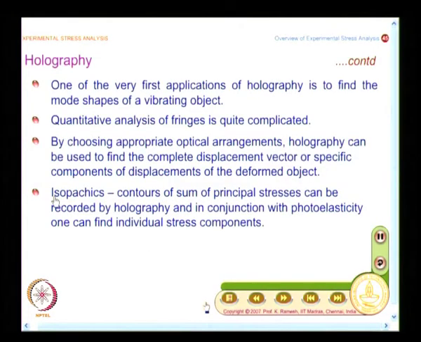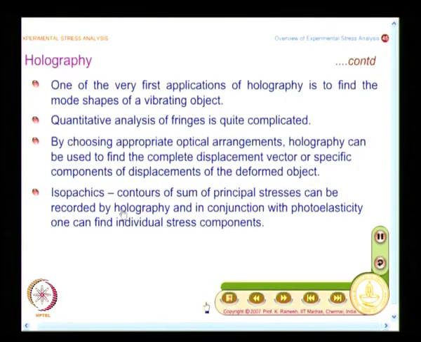Holography essentially gives you the depth information. Suppose I have this as a specimen, when I deform it, when I pull it, you will have thickness variation. The thickness variation could be related to sigma 1 plus sigma 2. So, when I record that as a whole field information, I call those contours as isopatchics. So, this is where holography comes. Holography essentially measures the thickness information. Here I find out the change in the depth because of in plane stress. I call those whole field contours as isopatchics, they are nothing but sigma 1 plus sigma 2 contours.